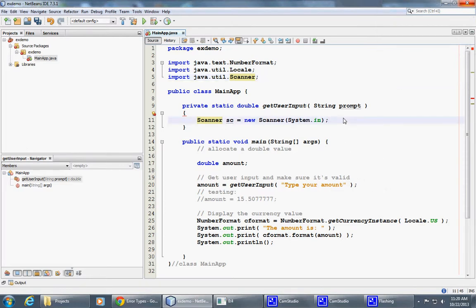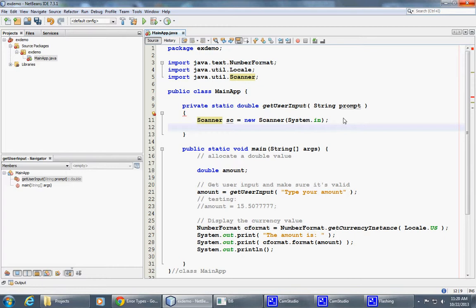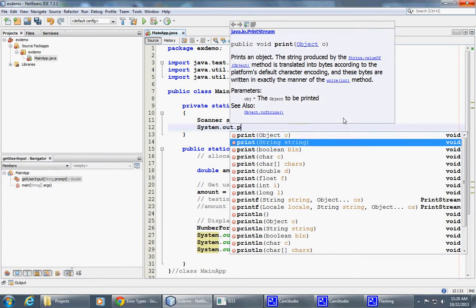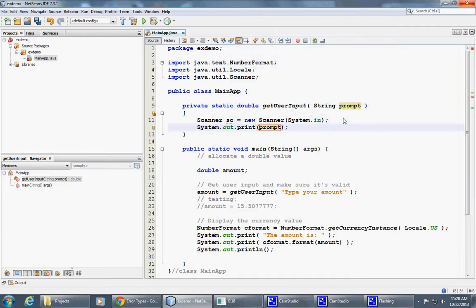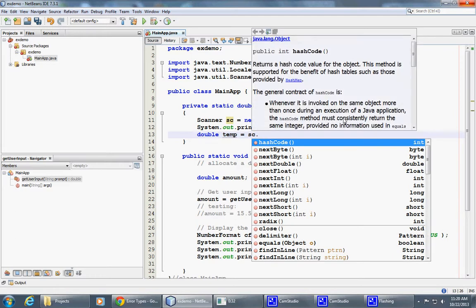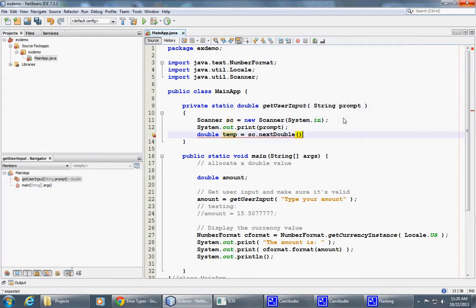So now I can display the prompt: System dot out dot print the prompt, right? So I can print that prompt. And finally, I can say double temporary value, double temp equals scanner next double, right? Because there is the nextDouble method provided by the scanner, which will extract the next double value. And then I can say return